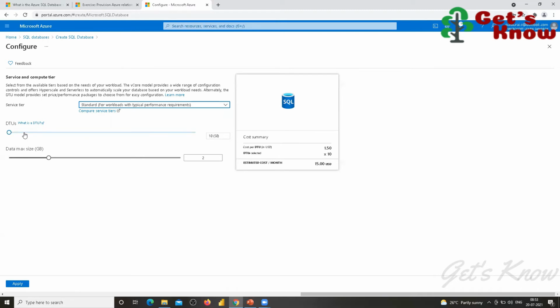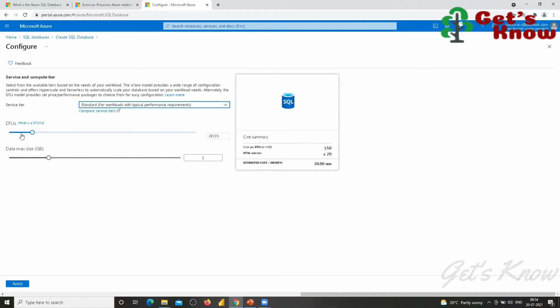If you want to increase it, you can. The default maximum is 10, and now it's increased to 20. If you increase the DTU, your SQL Server application's running performance will be increased. You got my point? Yes. But when you get more DTUs, it will be charged extra.